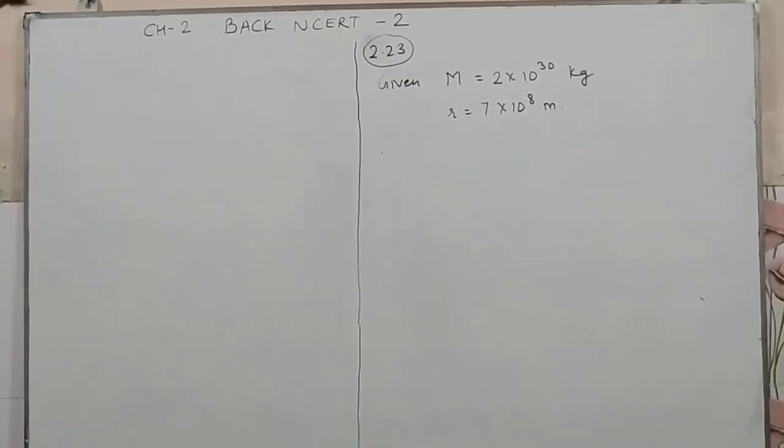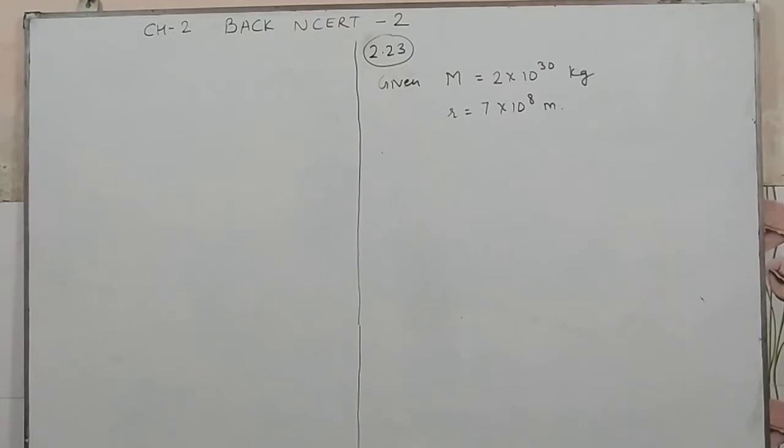Now we will discuss question number 23. In this question, they have given us some data: the Sun's inner part is at a temperature of more than 10⁷ Kelvin and the outer surface is at a temperature of about 6000 Kelvin. We assume that at such high temperatures no substance remains in solid or liquid phase. So we need to tell in what range we expect the mass density of the Sun to be. First of all, we need to find the density of the Sun.